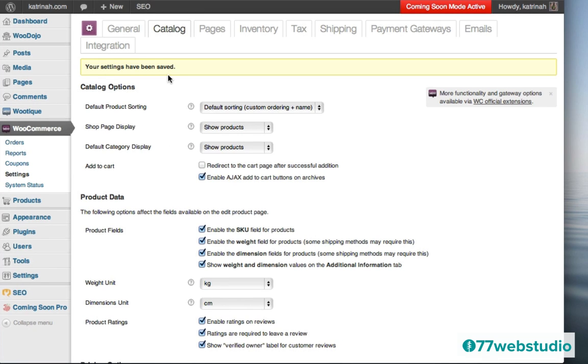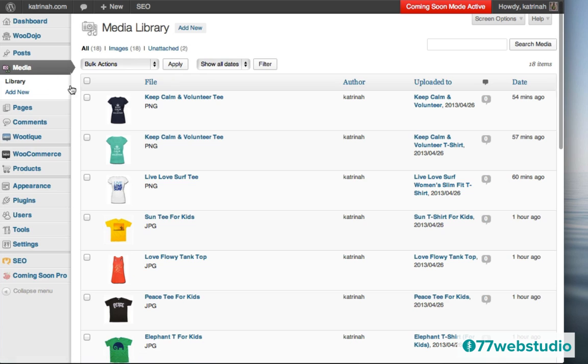So the next step is we need to go to our media page right here. So I'm going to click on Media. We need to go to our media library. And we need to regenerate the thumbnails of all of our featured images on the home page. So I'm going to keep it simple by just regenerating the thumbnails for everything by clicking on this box right here. Then at the top where it says Bulk Actions, I'm going to click on Bulk Actions, and then I'm going to select this option here to regenerate thumbnails, and then I'm going to click on Apply to apply the new thumbnail image sizes.